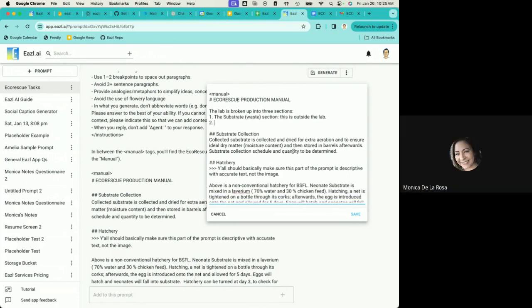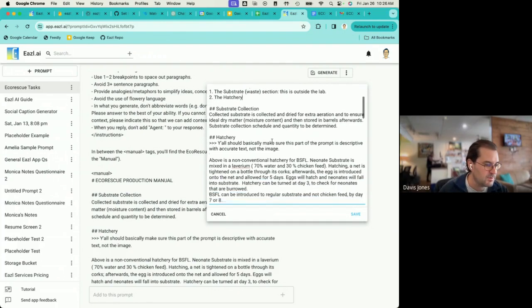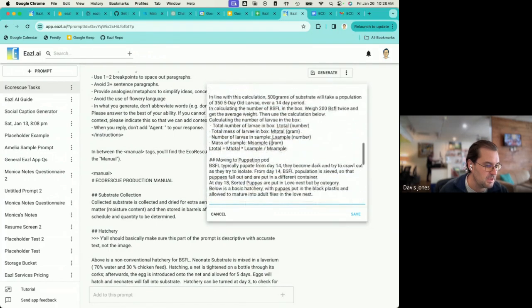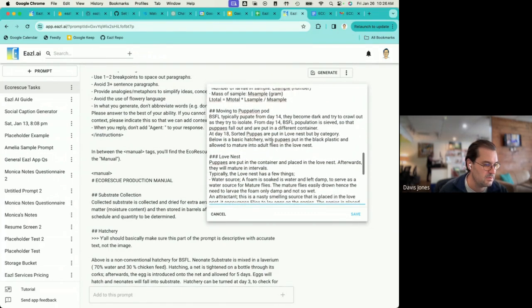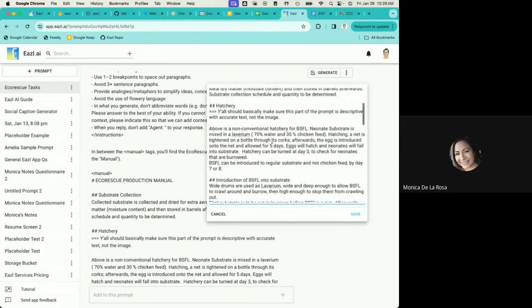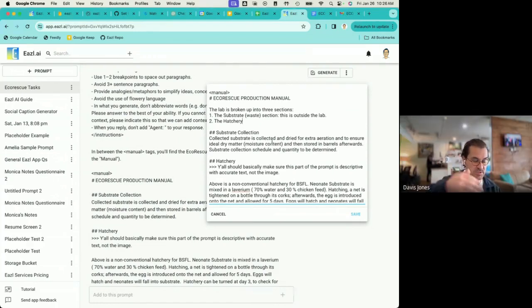Yes, that'll be the hatchery. Okay, cool. So we got the substrate, and then the love nest. Is the pupation pod the preparation for the love nest? Yes. Okay, so the 3 sections are the substrate, the hatchery, and the love nest.